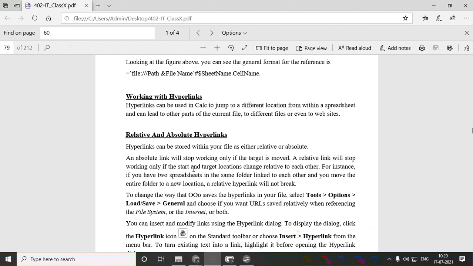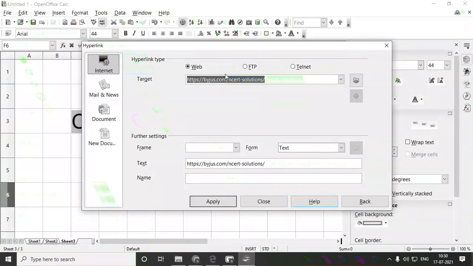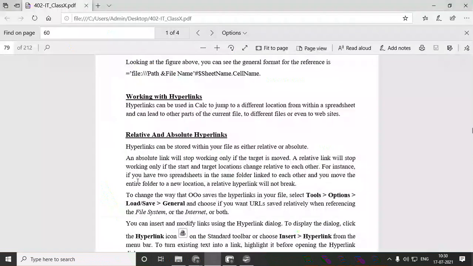Next, a relative link will stop working only if both the start and target locations change. In the sense, whenever you are giving the target value, this is linked with one more file. If that file and this link also change, then that relative hyperlink will stop working.